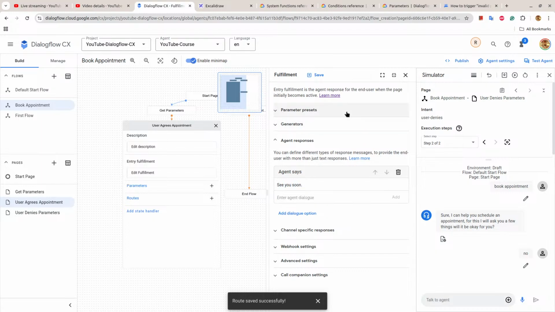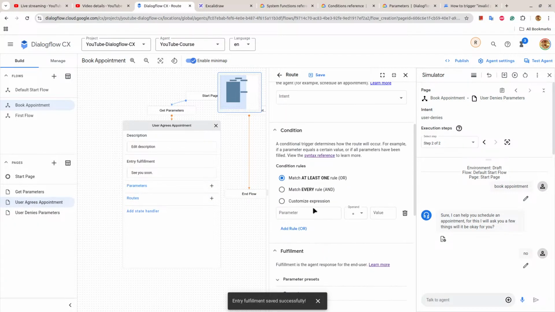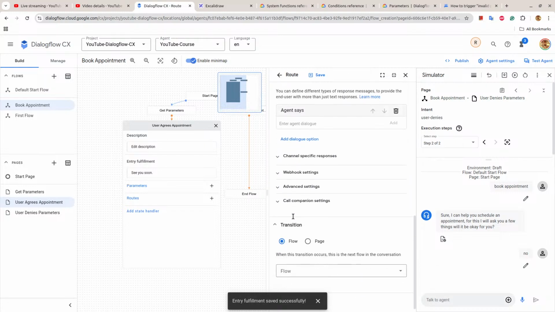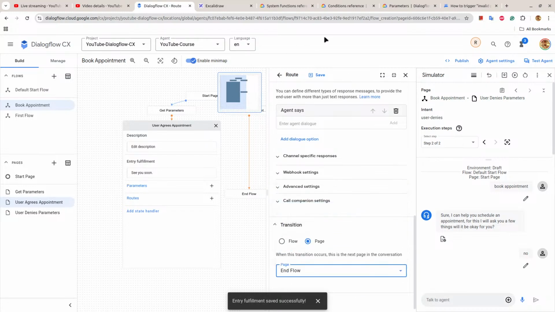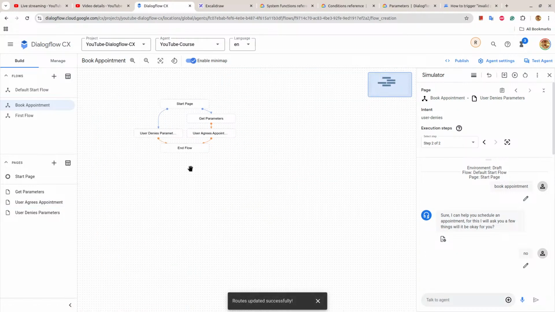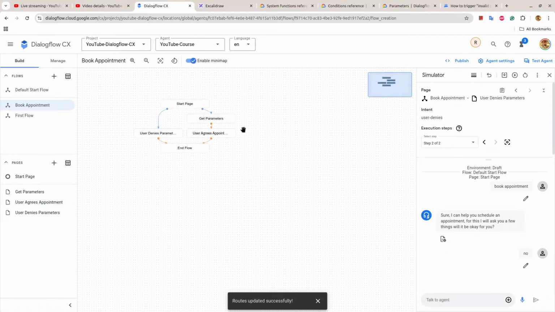I'll add this, save this, and I'll add a true route, just to end the flow. Okay, otherwise